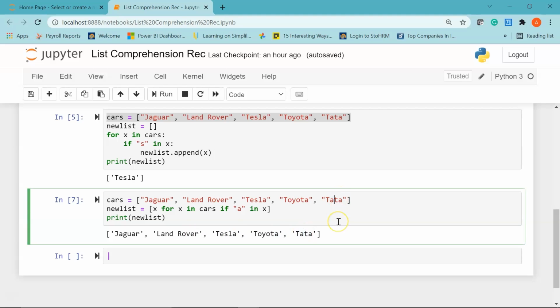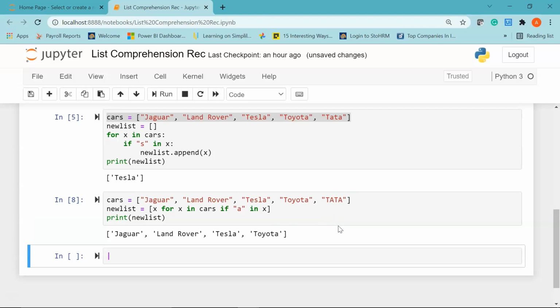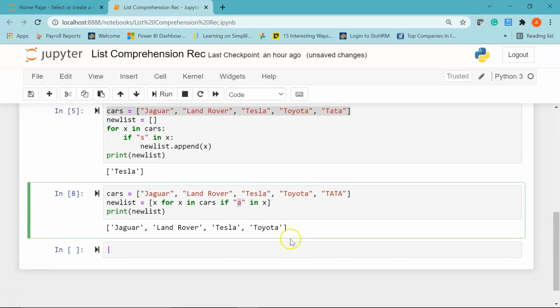Now what if I change the name of Tata to all uppercase? So I write TATA all in uppercase. Now if I run this, there you go. Since Python is case sensitive, and here we are checking only for lowercase a, so we did not have Tata in our result since we converted it into uppercase.